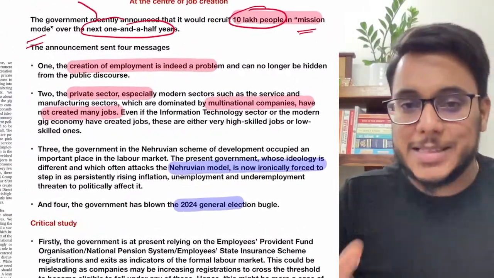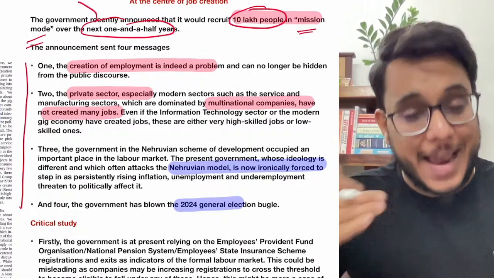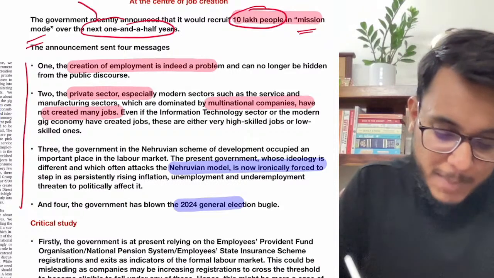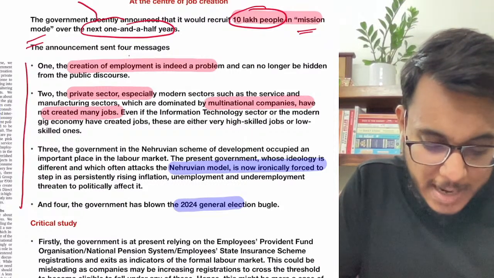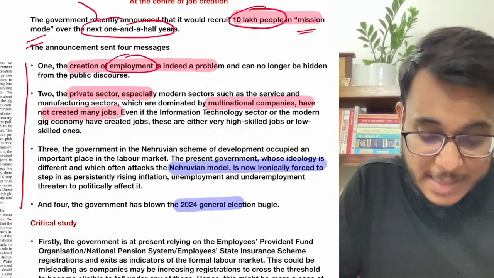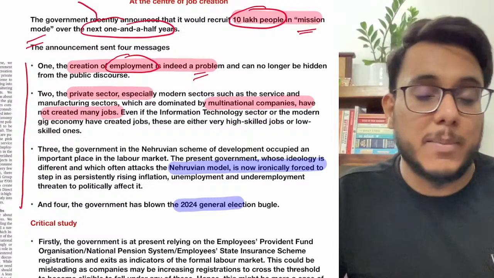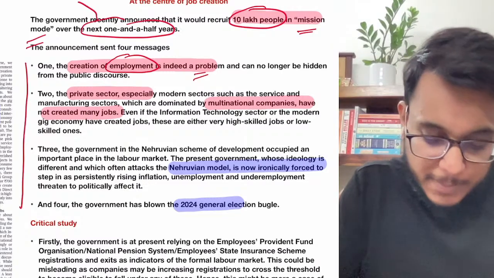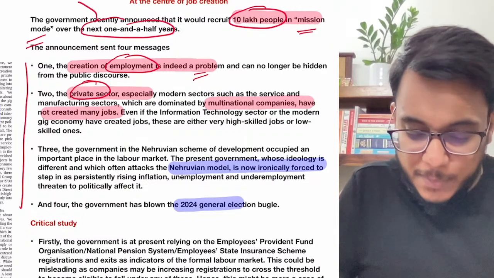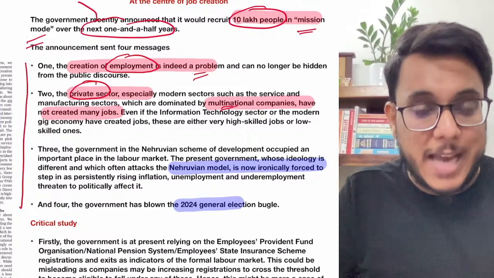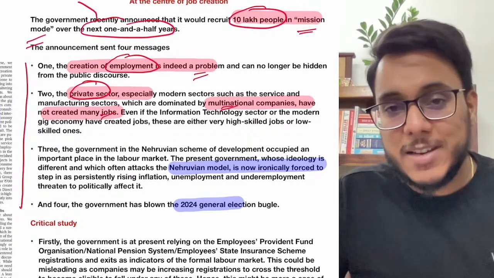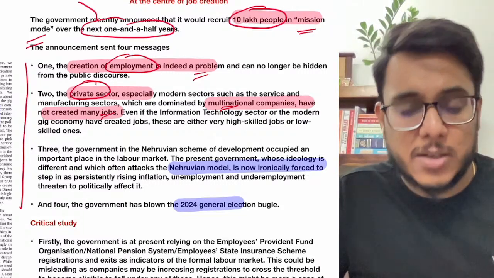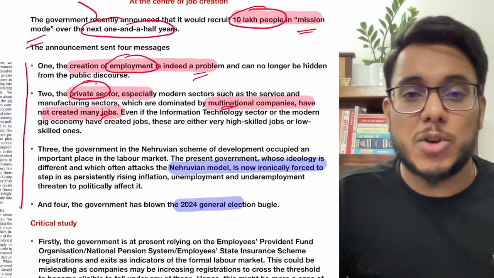Now guys, this particular article says that first of all, there are certain acknowledgements that the government has indirectly made by this particular scheme. Number 1, the government has accepted that employment is actually a very big problem today. Fine, we are not able to create much employment, and today unemployment has reached serious proportions. Secondly, it is an acceptance that the private sector, the tech companies, manufacturing sector, multinational companies, have not created many jobs, or even if they have created jobs, sometimes the jobs are high-skilled jobs. Okay, sometimes the jobs are low-skilled, so that decent jobs have not been created